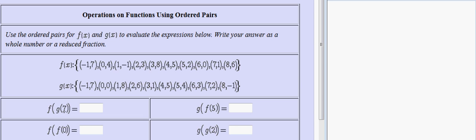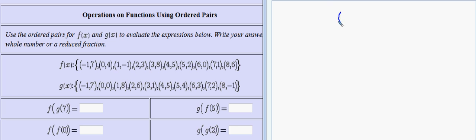Because I'm asked to apply function notation and I'm given a set of points, I might remind you how to translate back and forth between function notation and points. With points, the first coordinate is always the input, the second coordinate is always the output. And function notation always looks like this: we have the name of a function, and in the parentheses we put the input, and then